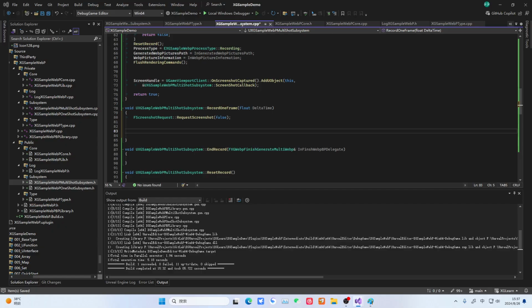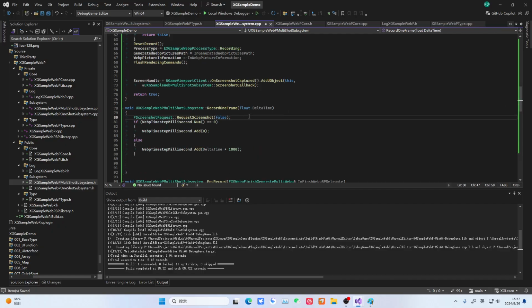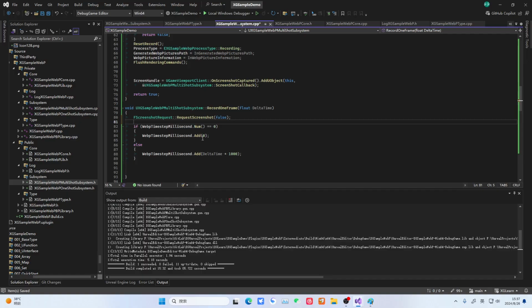Then we check if we are currently on the first frame. If we are currently on the first frame, then we let it add a 0 because our 7.10 point is 0. So for the first frame, we discard this float time. Then for subsequent frames, as long as it's not the first frame, under what circumstances is it not the first frame? That is when it already has this data. After having this data, it is no longer in this first frame situation. Then we proceed to add the subsequent one. Then we multiply this time by 1000 because